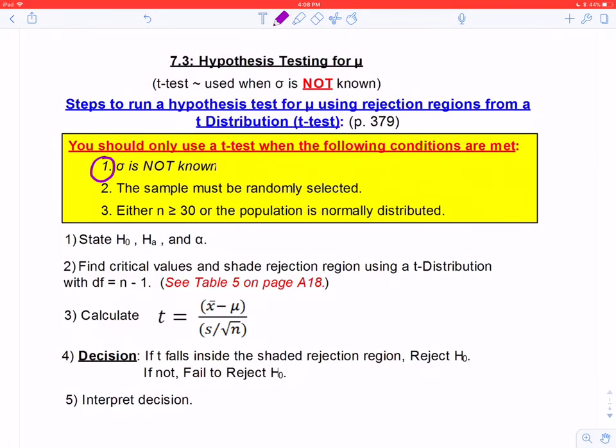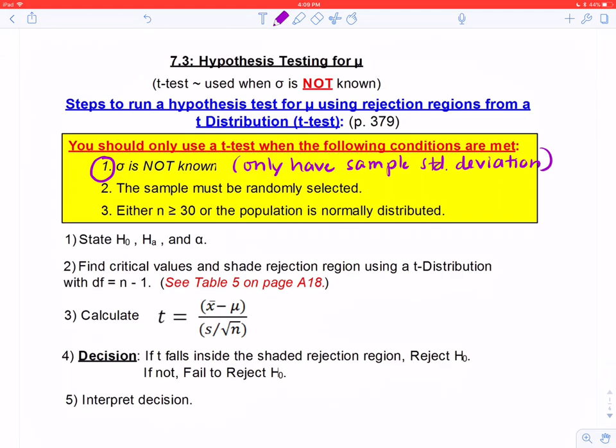So the key thing to note here is that when you do not know sigma, remember sigma is the standard deviation for the whole population. When you do not know sigma, basically what that means is you only have the sample standard deviation. Right? Sigma is the standard deviation for the whole population. S is just for a sample. So if you don't know sigma, that is when you switch and you use a t distribution rather than the